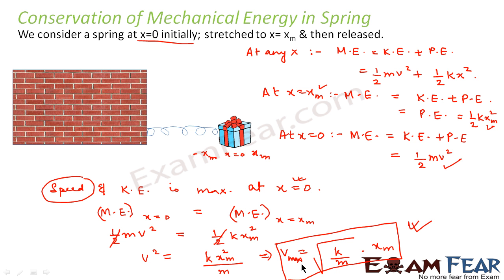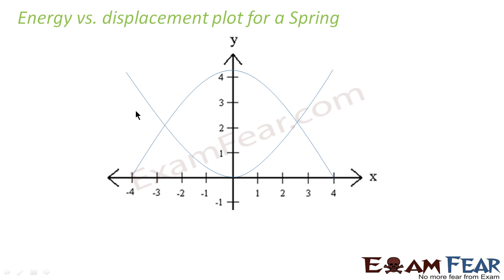Now, whatever we have studied now, we will plot a graph for the same. We will plot a graph of energy versus displacement for this particular scenario. Now for this spring, what did we see? We saw in the previous slide that if this is x equal to 0, the spring moves. If the spring is taken till xm and then left, then it will move in this way. So it will move from xm till minus xm. Again it will go to xm, it will come back to minus xm.